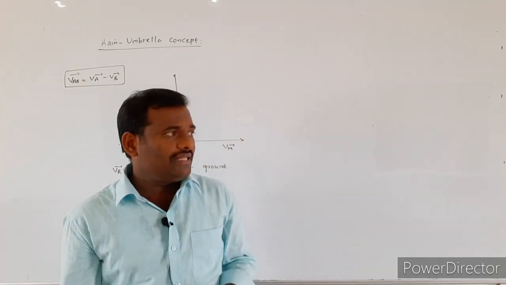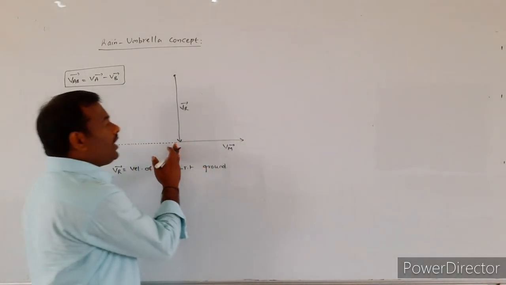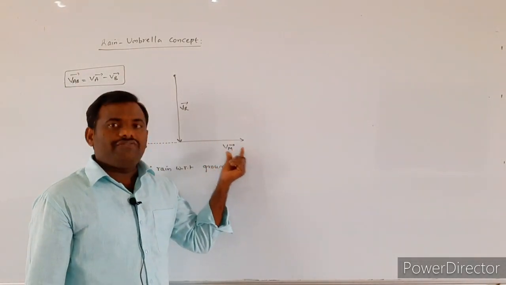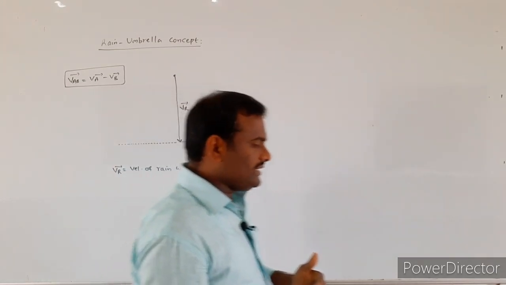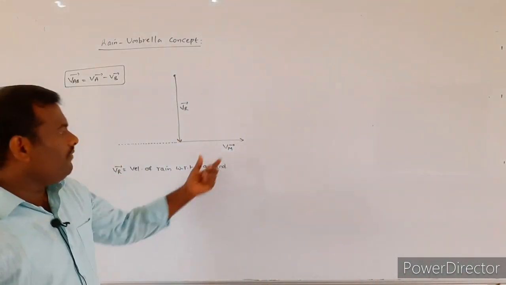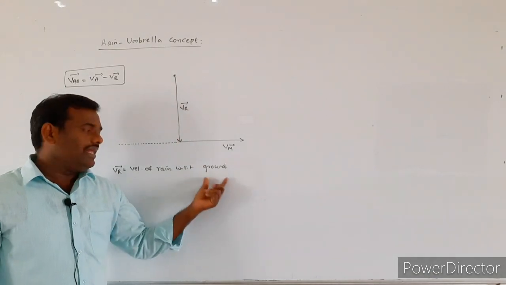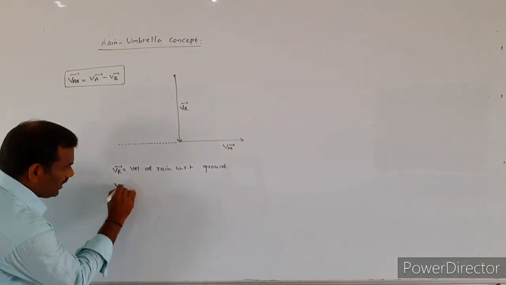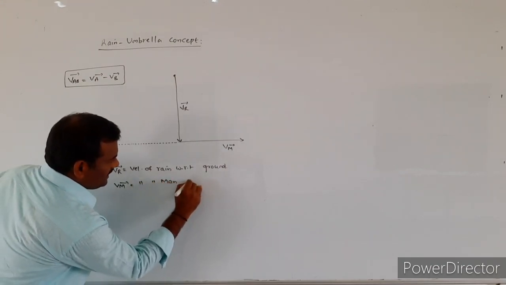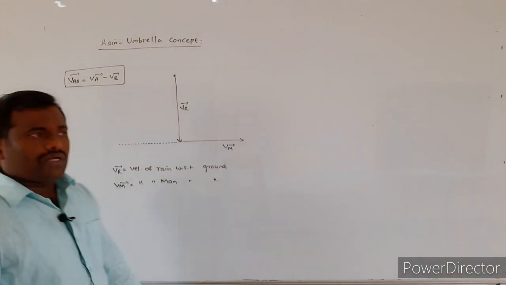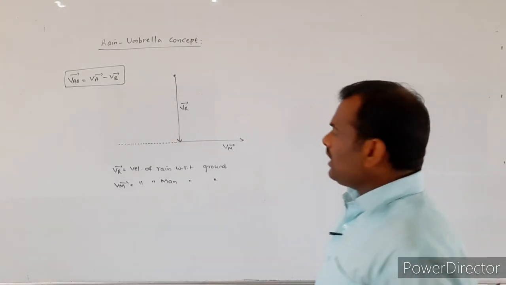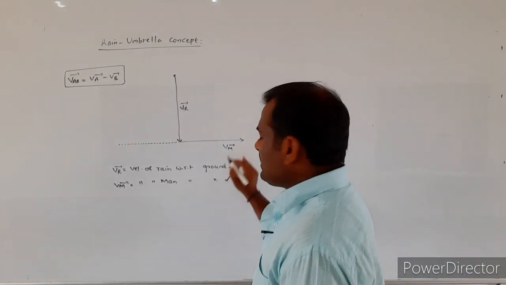And we are assuming that a man is moving in the horizontal direction with a velocity Vm bar. The man is walking horizontally with a velocity Vm bar. So, Vm bar is indicating the velocity of the man with respect to the ground. Whatever two velocities we considered, one is VR bar, another one is Vm bar. All these velocities are measured with respect to the ground only.